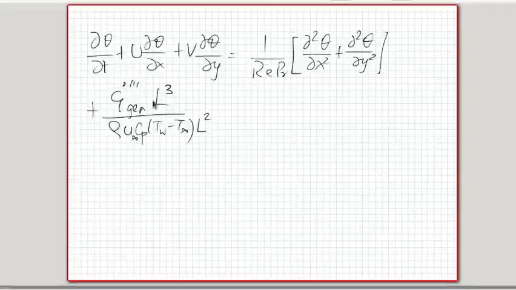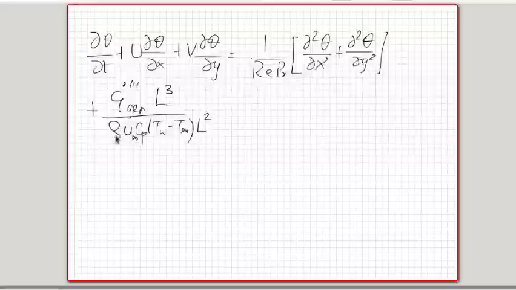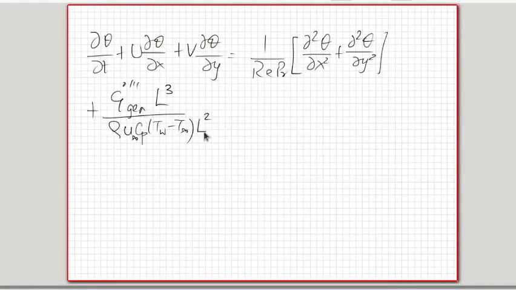So this is the volumetric heat generation rate multiplied by this. So this is the total heat generation rate per unit time, and this is the heat flow per unit time, because that's rho U A multiplied by Cp T infinity, so m dot Cp T infinity. So this is basically the ratio of heat generation to heat flow. So this is that term, plus you get the Eckert number multiplied by